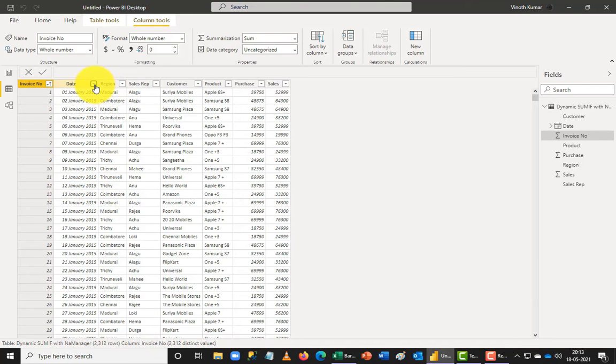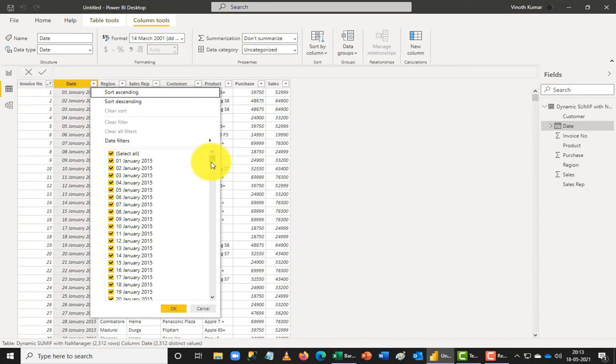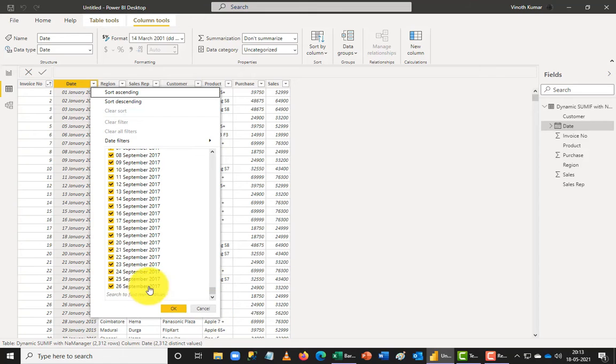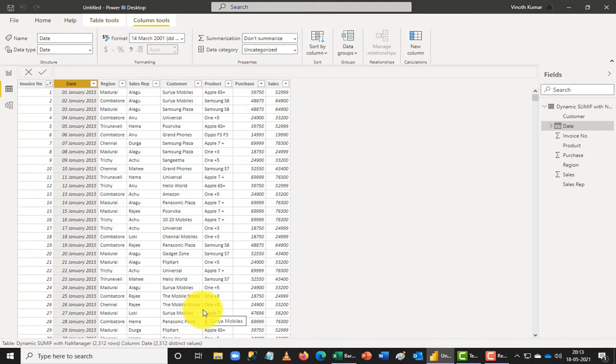When I click this, you can see the drop down comes into play. The filter option will show you the entire dimension of data that we have here. When I scroll down to the last line, it shows until September 2017 here, but my data goes much beyond that. I have data until 30th of April 2021. So I have a set of data here.